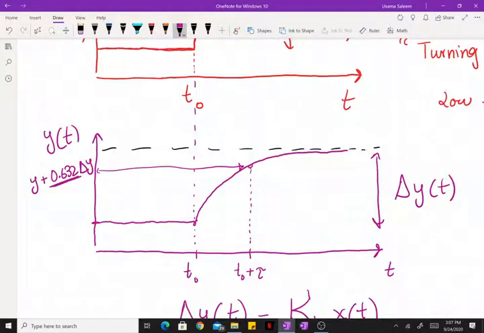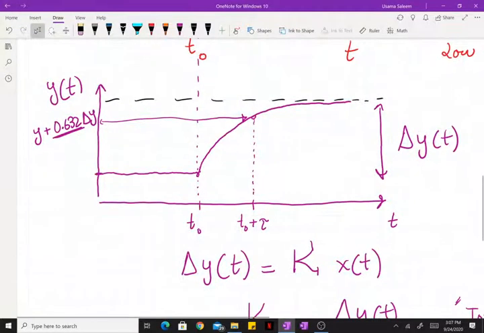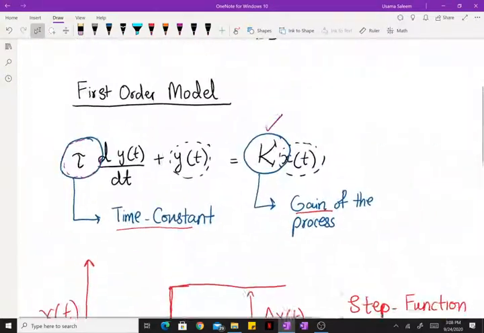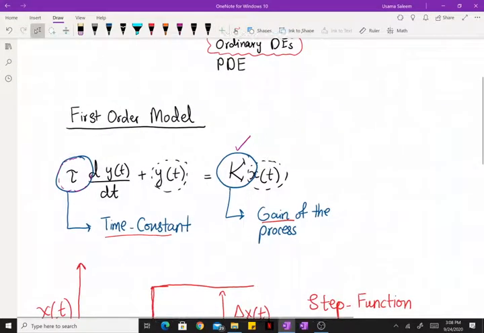Okay, where does this definition come from? Why 0.632? That seems like an awfully precise number. So if you were to analytically solve this differential equation for a step response in x,